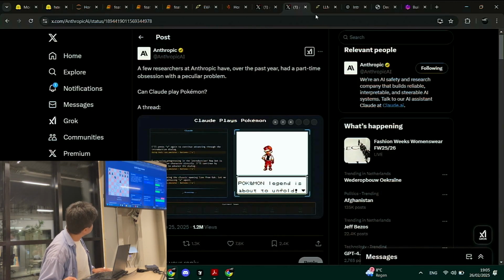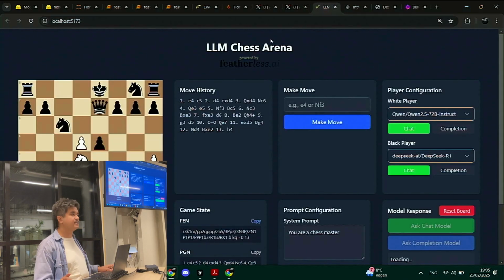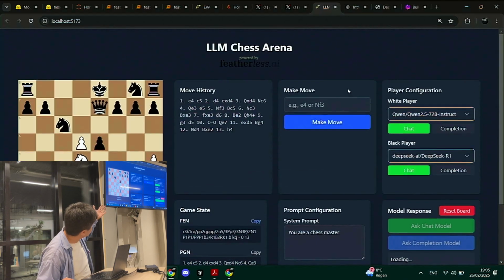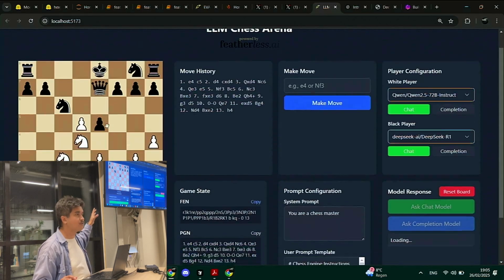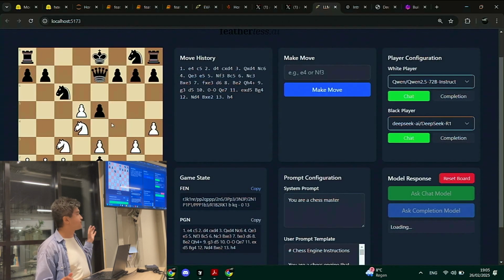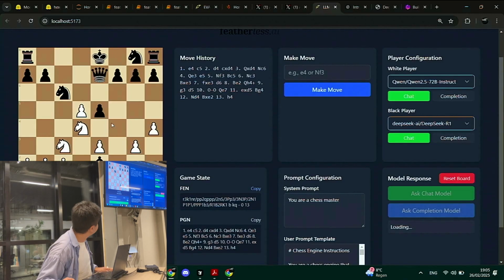So I've made this kind of LLM Chess Arena where you can put 2 models against each other. Right now, Qwen 2.5 and DeepSeek R1 are playing against each other. Now, a spoiler: LLMs are not great at playing chess, obviously. They're predicting next tokens, they don't really have any strategy. But you can try this for yourself. All projects I'm going to show you tonight are fully open source. I'll show you the link at the end. You can test it out yourself.